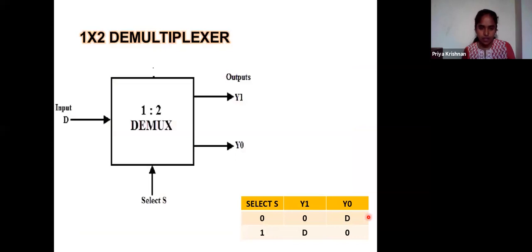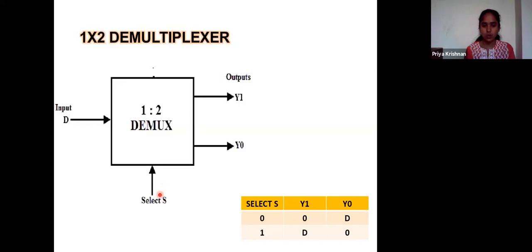So we will quickly finish off the DMUX part also. DMUX is the opposite of MUX. So I have only one input, I have two outputs, and I also have a selection line here. When selection line is 0, D will be connected to Y0. When selection line is 1, D will be connected to Y1. So the selection line will decide which output to connect.